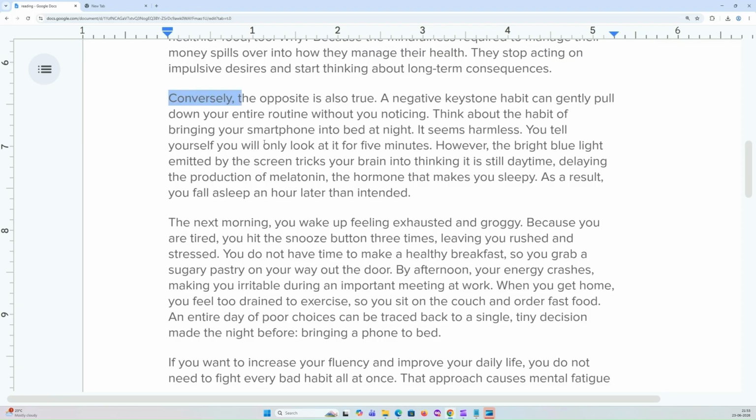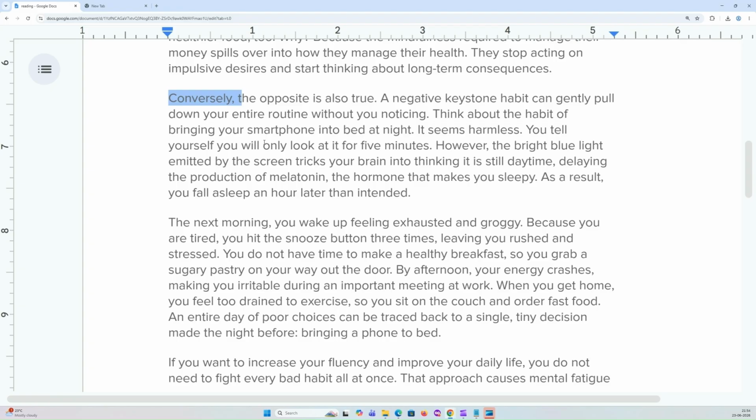Conversely, the opposite is also true. The negative keystone habit can gently pull down your entire routine without you noticing. Think about the habit of bringing your smartphone into bed at night. It seems harmless. You tell yourself you will only look at it for 5 minutes. However, the bright blue light emitted by the screen tricks your brain into thinking it is still daytime,